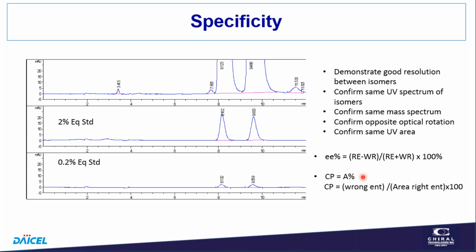But it is archaic, and it is a little confusing. I think a more reasonable way to do it is just measure it as a chiral purity like you would any other impurity: the area or the response of the wrong enantiomer divided by the area of the correct enantiomer. Probably should use correct instead of right because of the right-handed, left-handed issue. Times 100%. And I think just treat it like a regular impurity is the way to do it. But people do it both ways, and we can get into a discussion about that. It's not worth it. Either way, you can transform the numbers. It's like the difference between Fahrenheit and centigrade.